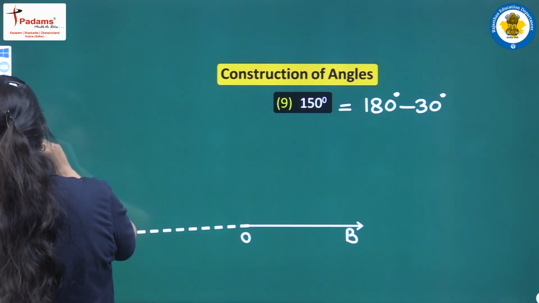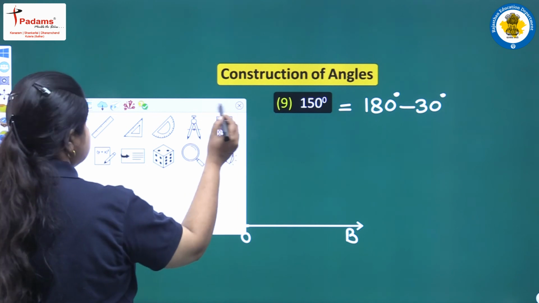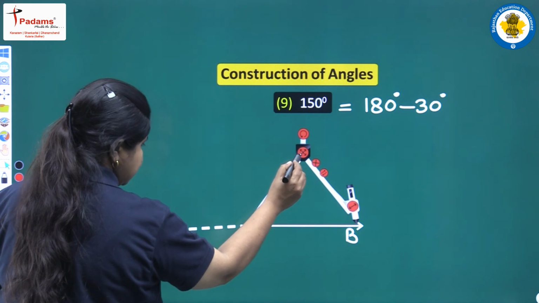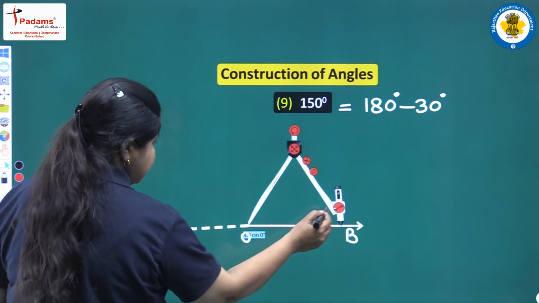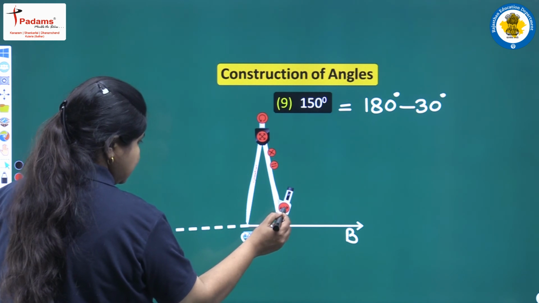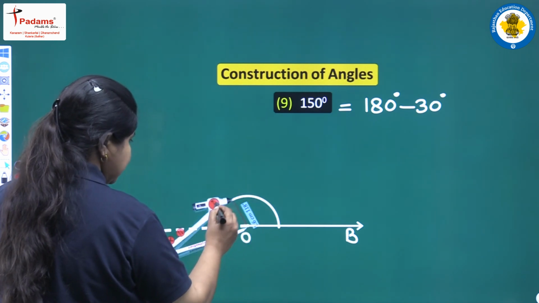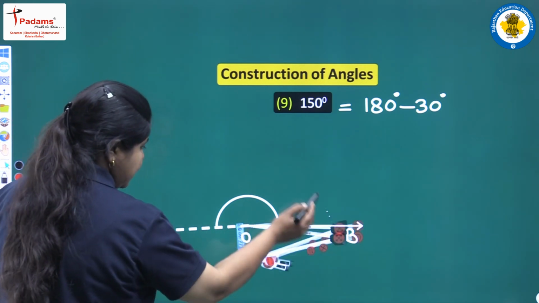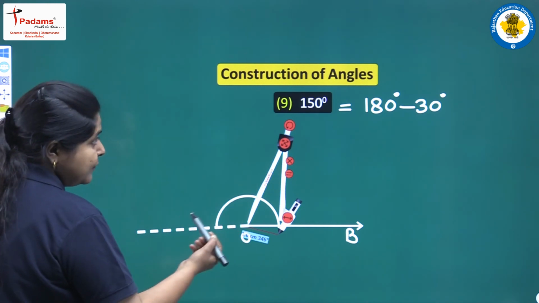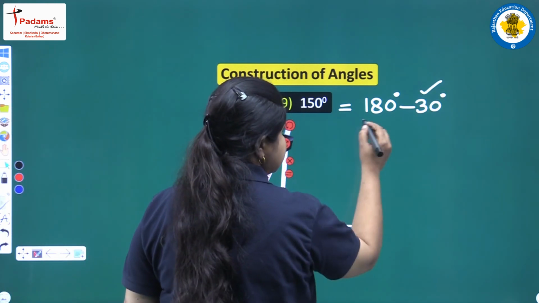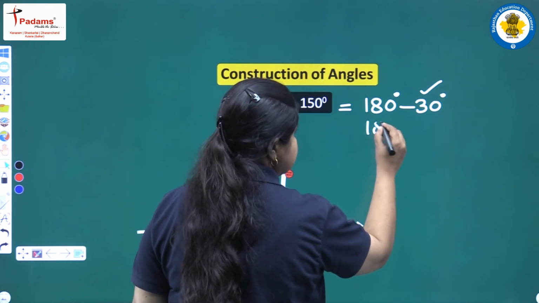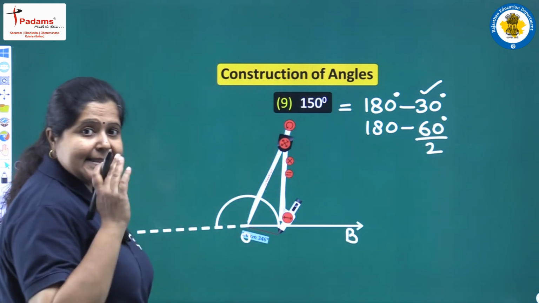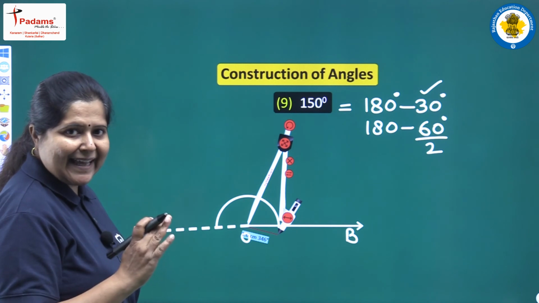Next what we have to do is, we have to construct an angle of 30 degree. So for this we will bring one compass here, and let us first, keeping it at O and with a suitable radius, yes, this one, let us first draw an angle of 180 degree. This is a complete angle of 180 degree, you can see. Then what next? This time again you know that to get an angle of 60 degree or 30 degree, first we need to draw or construct an angle of 60 degree and then bisect it. Divide by 2 means bisecting an angle geometrically.